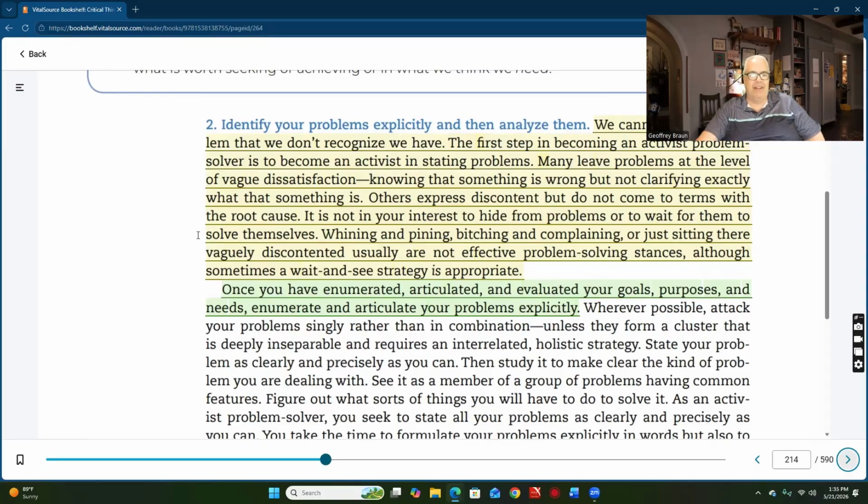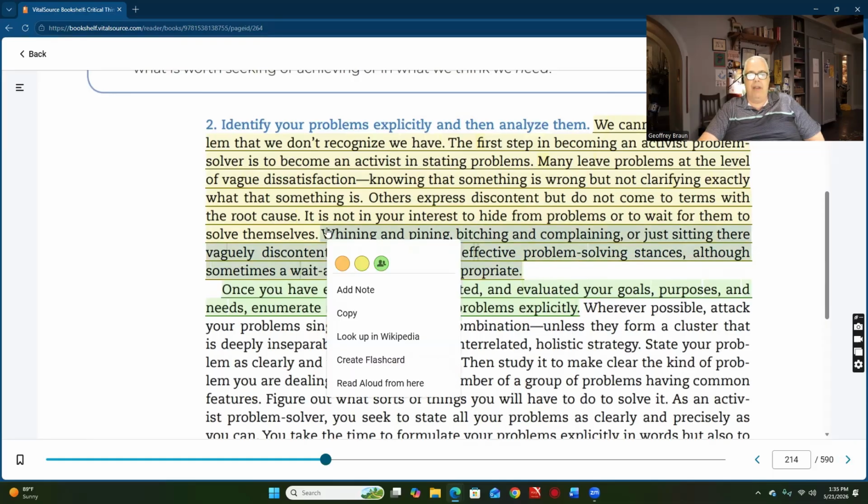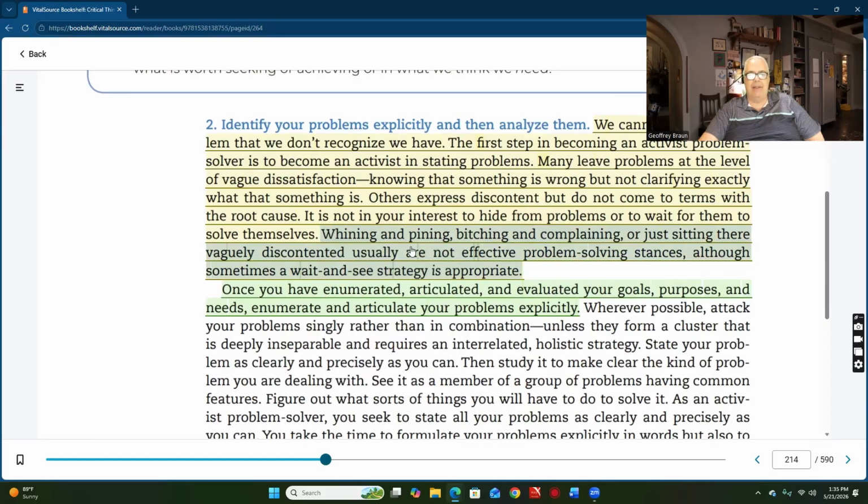That doesn't happen, right? Happens rarely. Wishing, whining and pining, bitching and complaining. Oh my gosh, yes. Or just sitting there vaguely discontented usually are not effective problem solving tactics. So this is what I hate, although sometimes a wait and see strategy is appropriate. But there is a preponderance, and I see this with